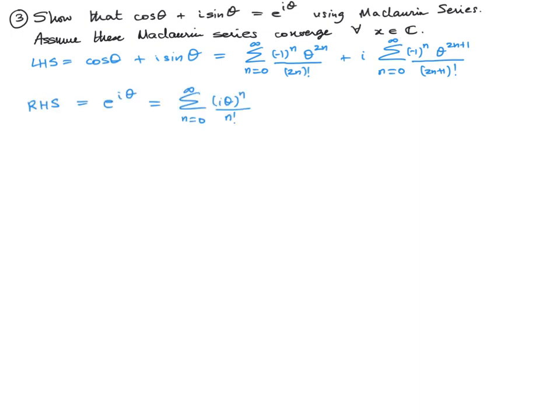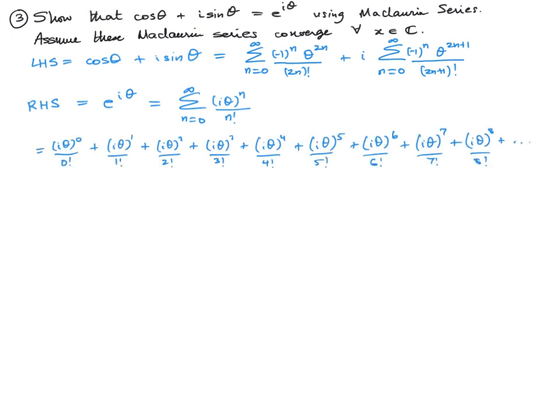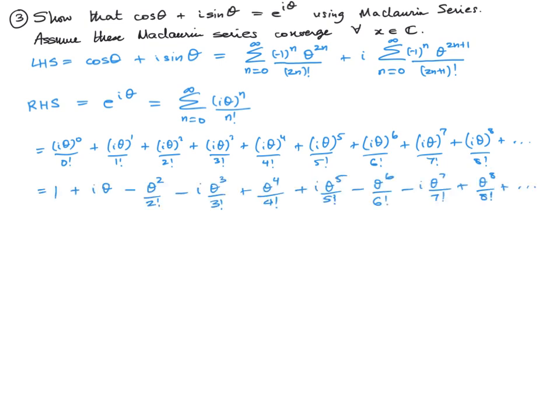So the RHS, which is e to the i theta, is equal to, well, this is the e to the x Maclaurin series with i theta plugged in. So the sum as n goes from 0 to infinity of i theta raised to the n over n factorial. So what I've done is I've written out a number of those terms. I've gone to the 9th term, the 8th degree term for this series, and now I'm going to simplify them a little bit. So the first term, anything to the 0 is 1, 0 factorial is 1, so it's just